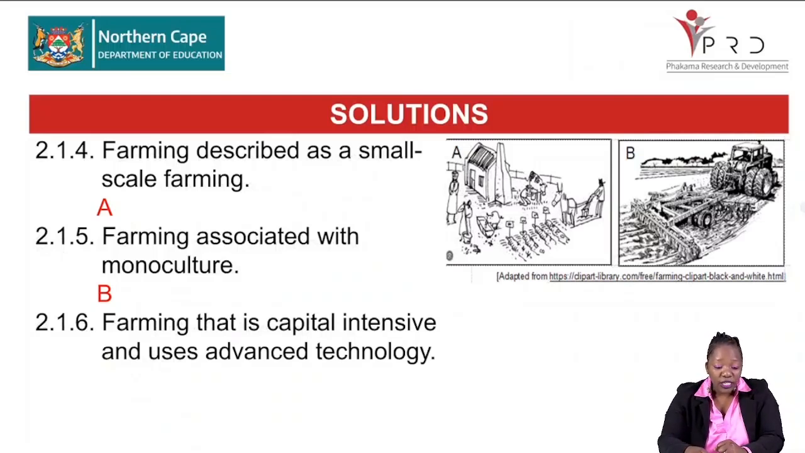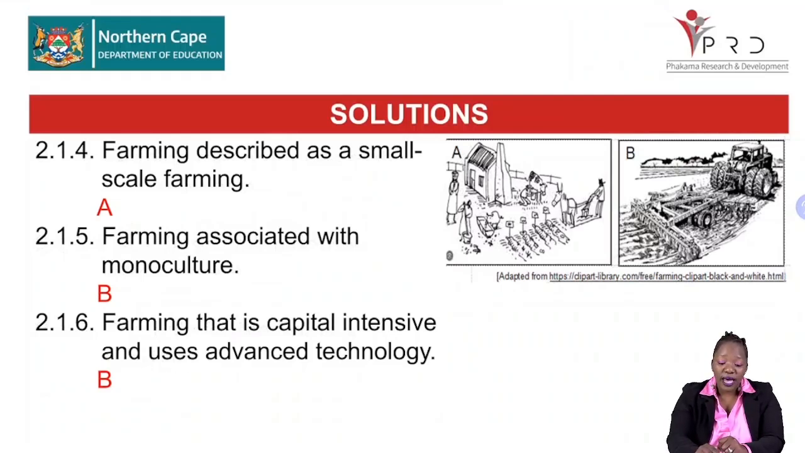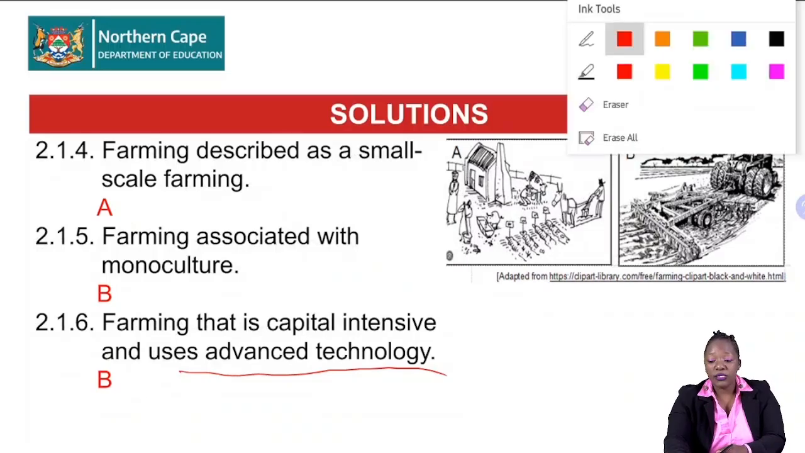Then we're looking at your 2.1.6, farming that is capital intensive and uses advanced technology. So the key there, they use advanced technology. Hence the answer is B, because we cannot say it's A, because at A there is no technology. Everything they are doing it in an old way. Then we proceed to your